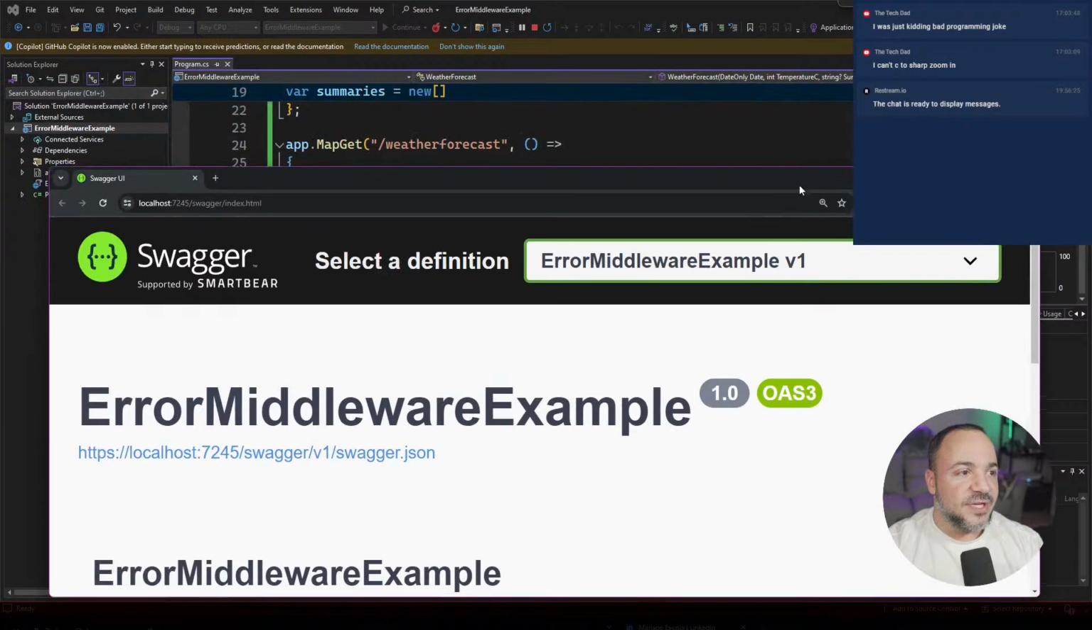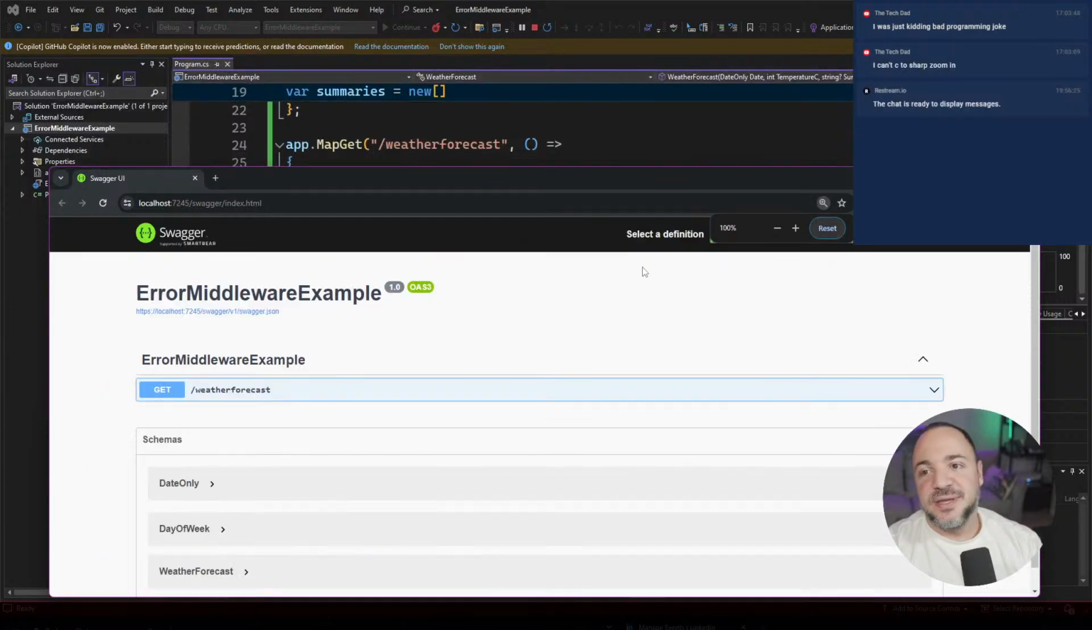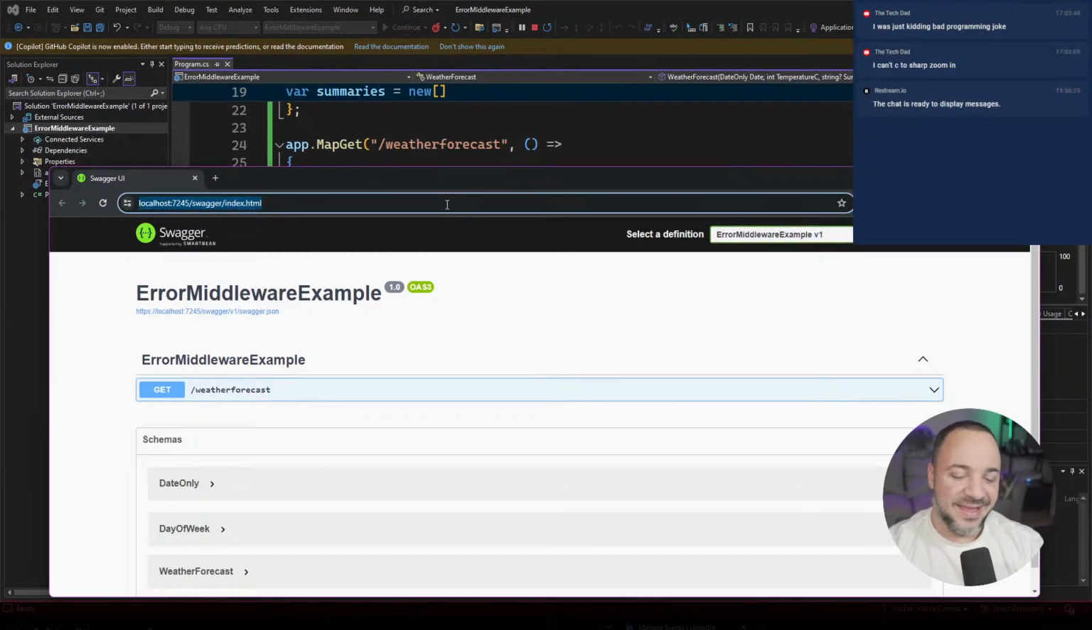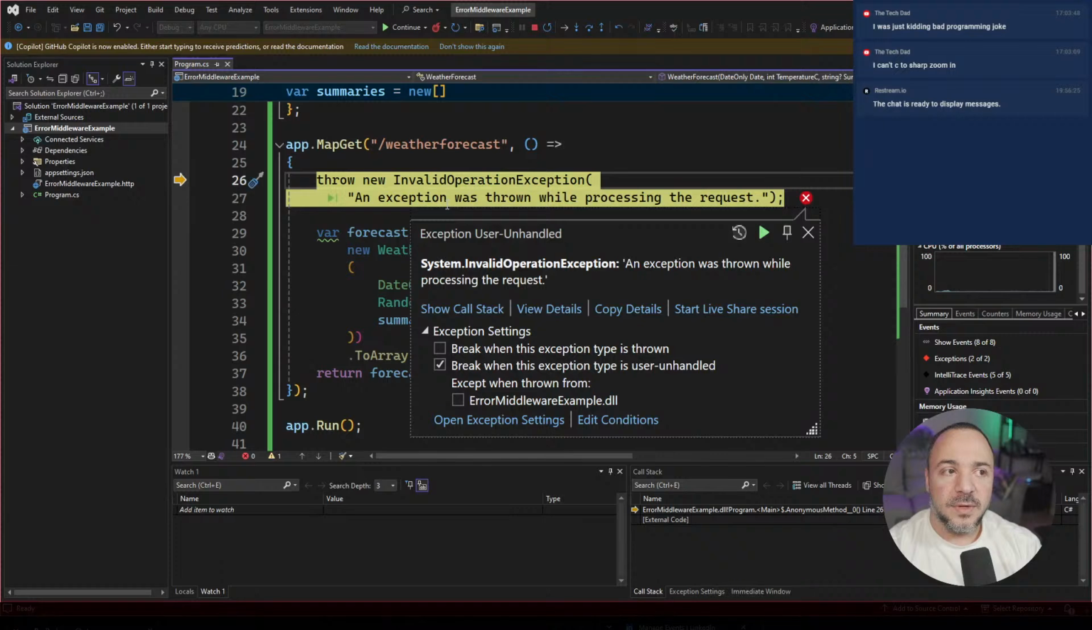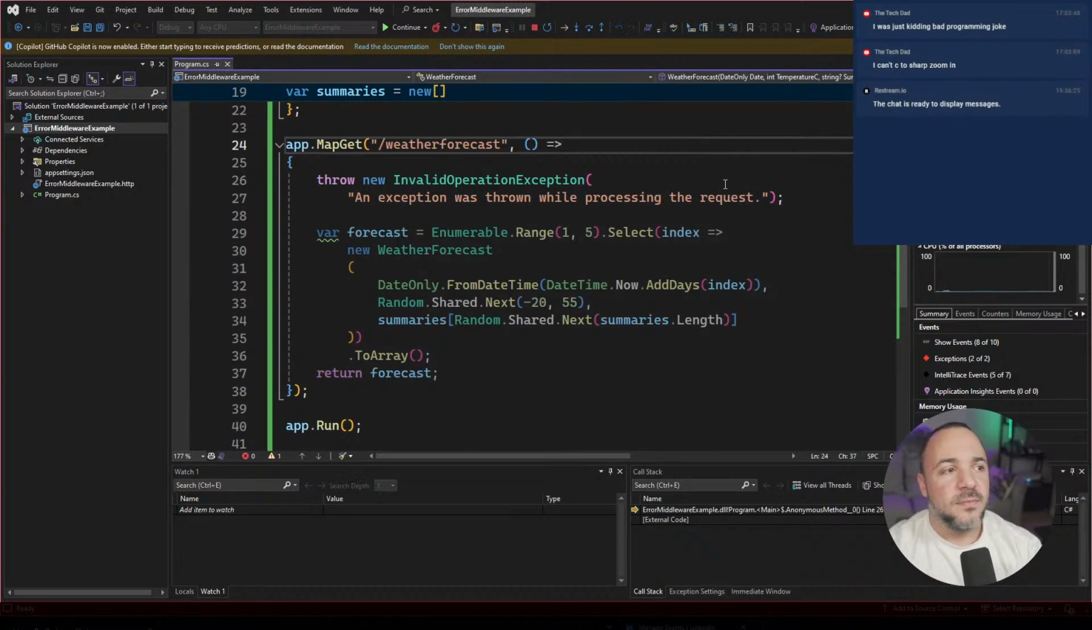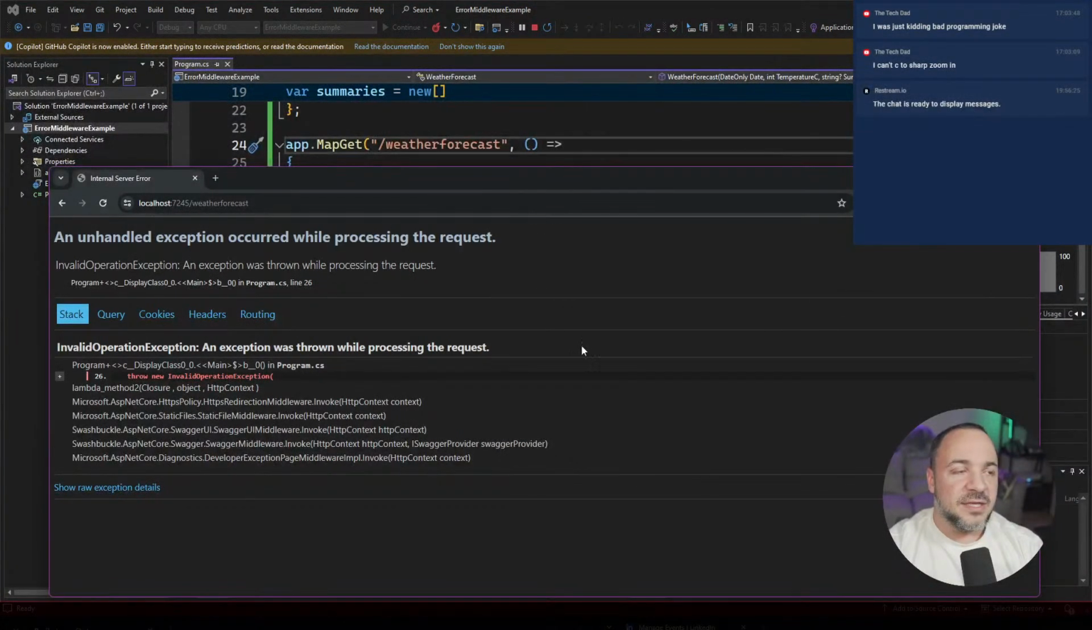It's really funny. It looks like Chrome's not remembering my settings. And or maybe it did. I think I zoomed in on the JSON. So we hit weather forecast here. Right? Exception thrown. And then we get this page, right? So what's interesting here is that